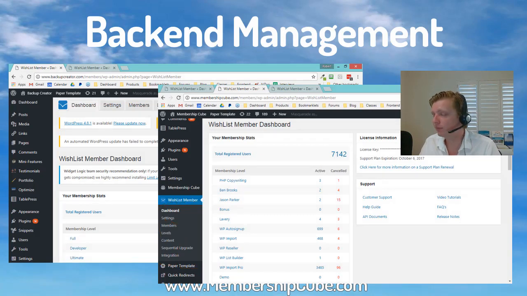And then here's another one of our sites called Membership Cube, and we have 7,000 people in that site. And you might be thinking, whoa, how do you manage 7,000 people? Well, number one, they're on these different levels, they've bought different things, and not everyone in our Membership Cube site, not everyone in most of our membership sites is actually paying us month after month, right? Some people pay us one time, some people pay us low ticket, high ticket,